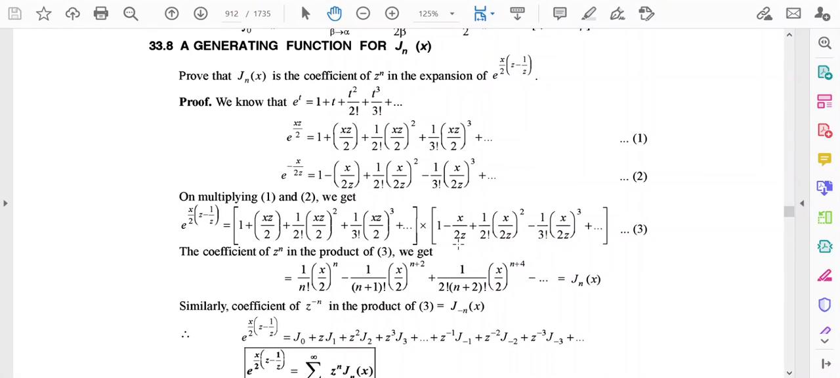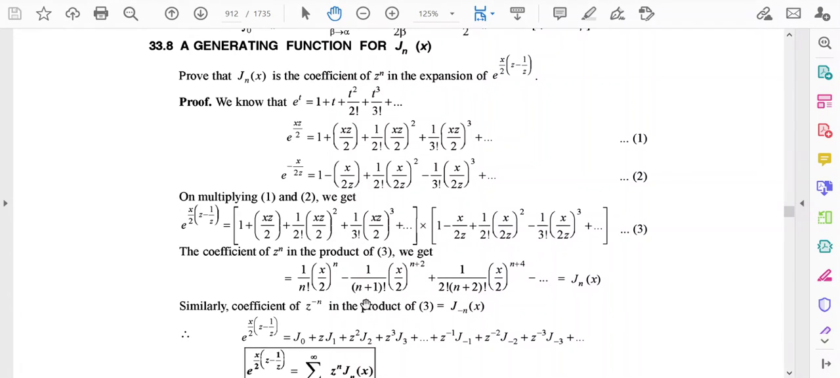So, what will be the value of that coefficient? This will be 1 by n plus 1 factorial, just the next term. So, 1 by n plus 1 factorial x by 2 to the power n plus 1 into x, because there is x in the second term. So, x by 2 to the power n plus 1 into x, that means x by 2 to the power n plus 2, and with a negative sign, because you see in the second term there is a negative sign. And